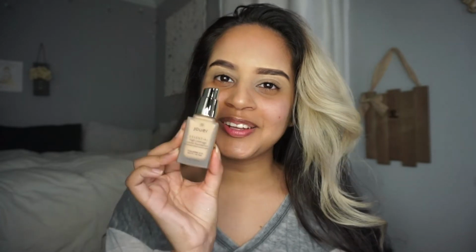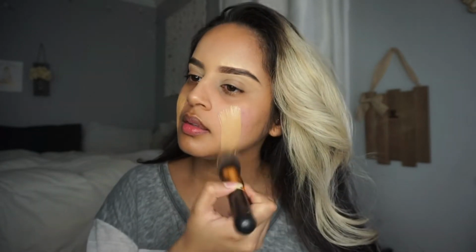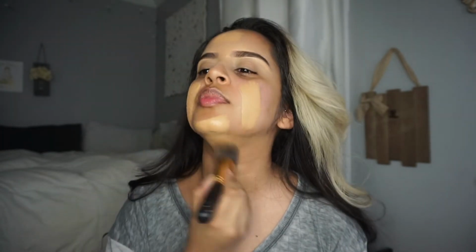I don't know, this foundation. And the color Bronzed. Why did I take so much? So the good thing about this foundation is a little goes a very long way. I kind of overdid it, so I'm just gonna take some of this and just bring it down. I might as well just put foundation all over my body at this point, because